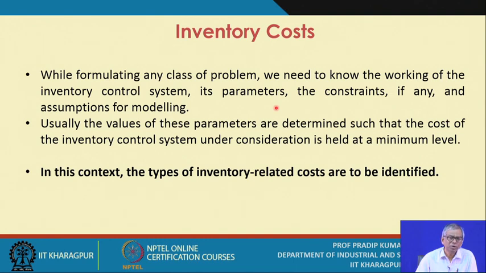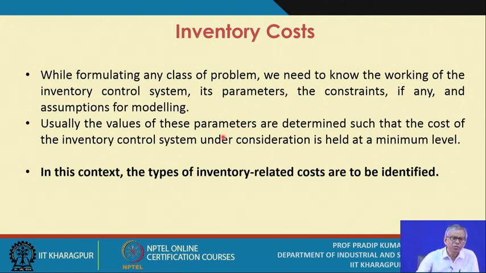For example, when we refer to the perpetual inventory control system for a single item, there are two parameters we have. One is the reorder point, and the second one is the order quantity. When we refer to periodic inventory control systems, we again have two parameters: the maximum inventory, and the order period. Is it okay? The order period remains fixed in the periodic review control systems.